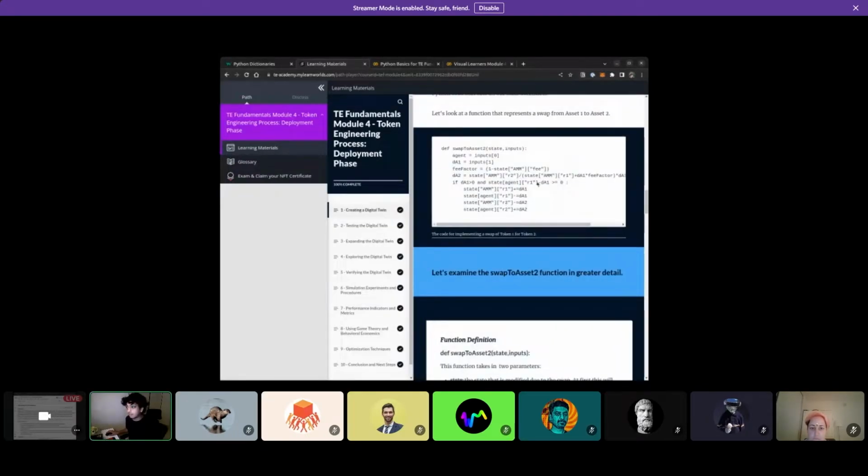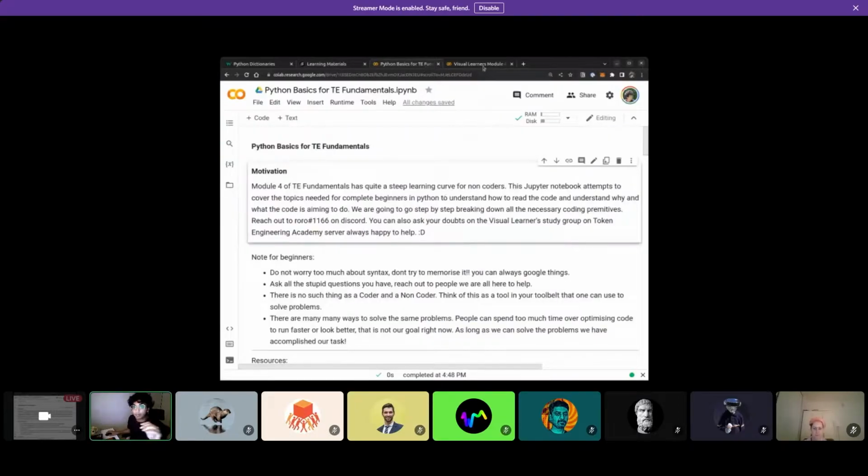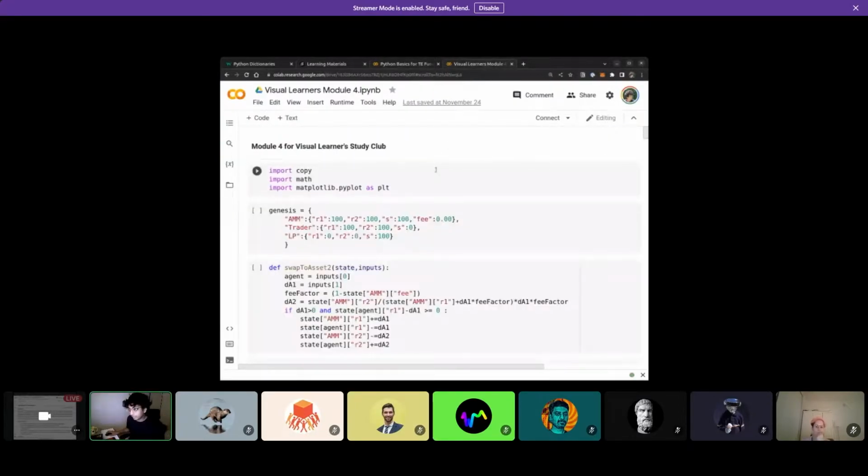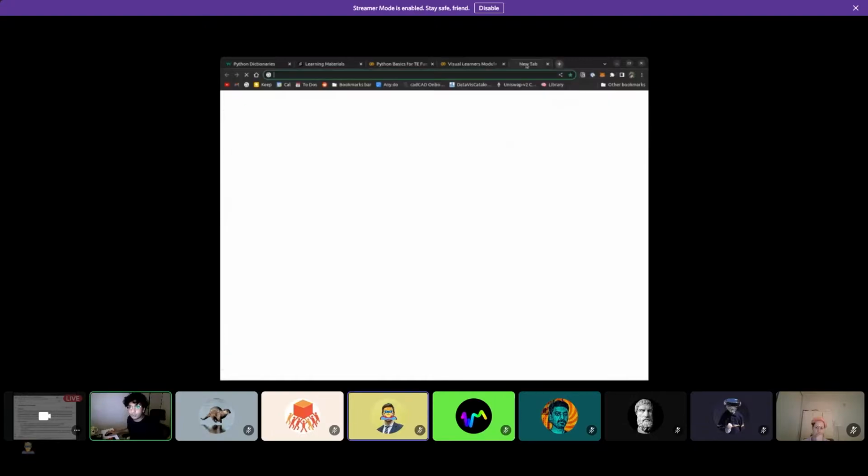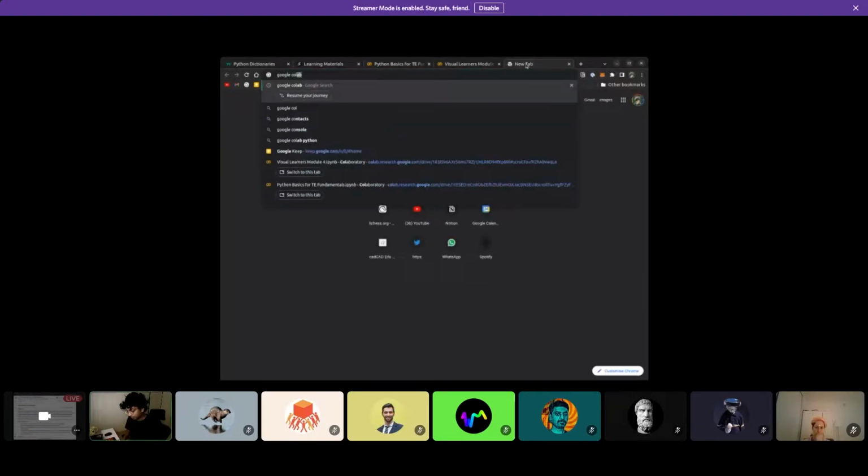And I mean, immediately the third code block is like functions, conditionals. It's a bit much of a jump. So I have actually condensed all the code that's there on Module 4 into one Google Colab. I will explain how to set up your own Google Colab. And the reason why I've chosen this is because I can just show you. If you just type Google Colab,